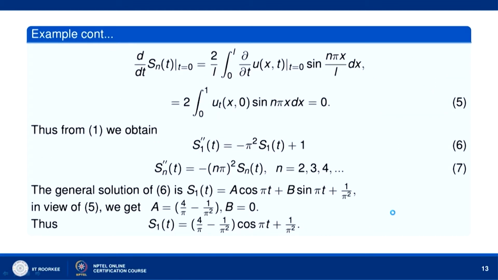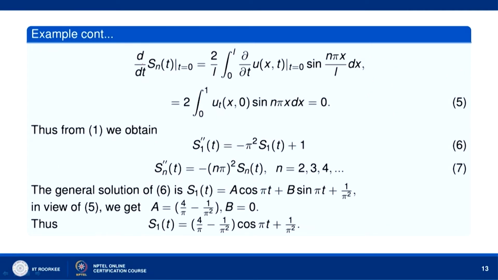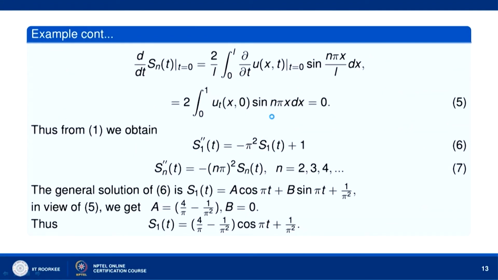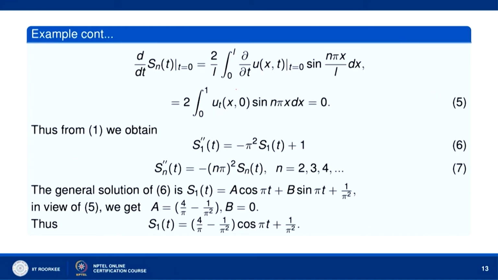Now, d over dt of S n t, when you differentiate S n t with respect to t, since t and x are independent, we have 2 over L integral 0 to L u t x t, and then you put t equal to 0. So, d over dt S n t at t equal to 0 is 2 over L u t x t at t equal to 0 into sin n pi x over L dx, and u t x t is given to be 0 at t equal to 0. So, we have this,